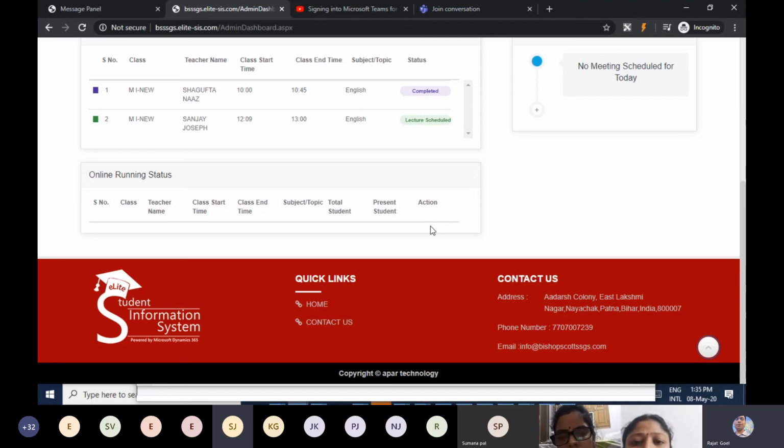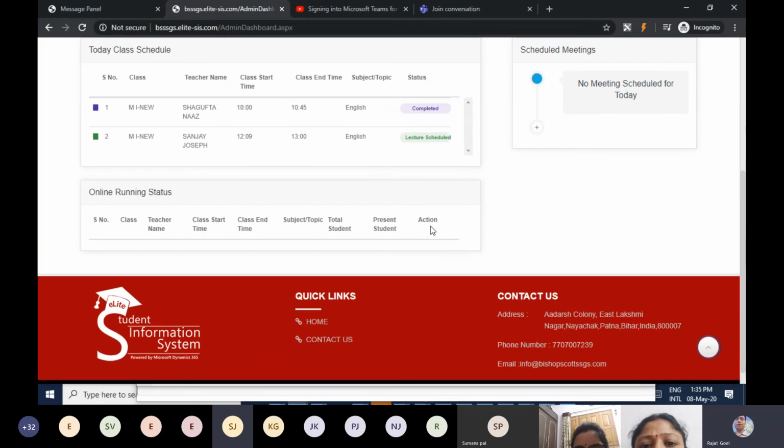They can click that link, which redirects to the same meeting, and they can go and see whether the teachers and the students are there and doing the session. That information automatically comes up here, and you can find these buttons here only.